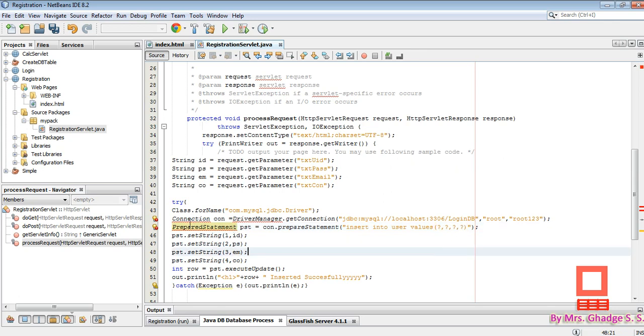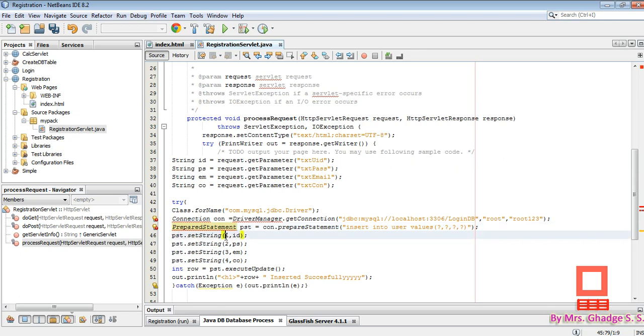So the prepared statement will execute the insert query multiple times if there are multiple insert statements. That's why it is called a pre-compiled statement object. Pre-compiled means we have to change only the dynamic part, that is the placeholder part or question mark part. We don't have to change the entire statement. That's why it is called a pre-compiled query. So here we have to set the values of the four question marks.